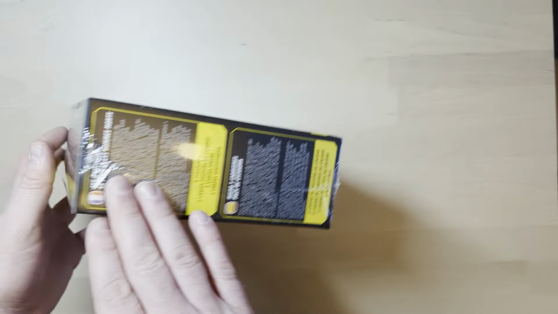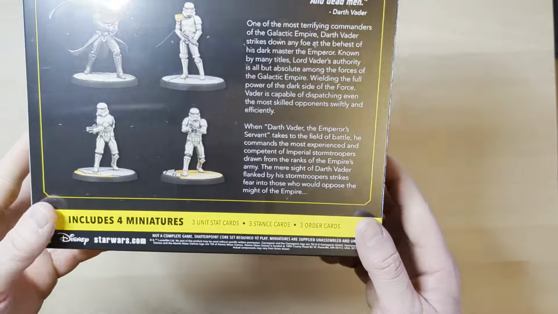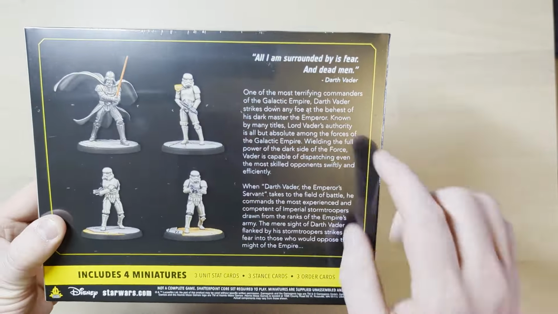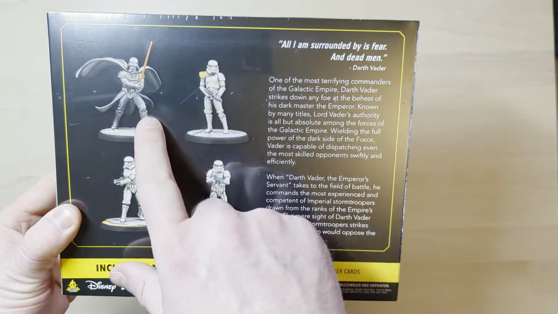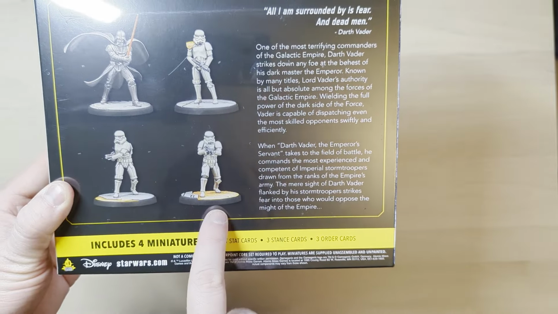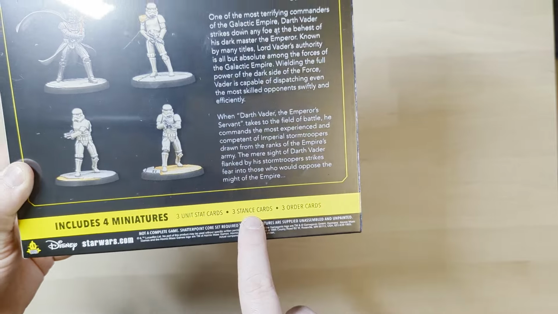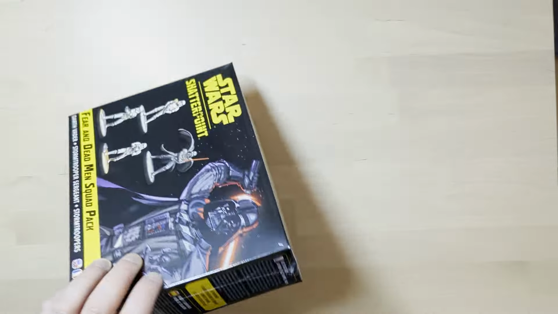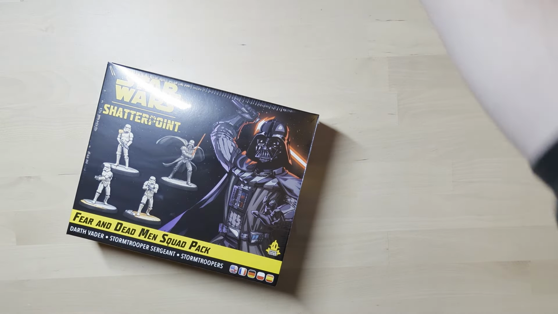But at the side there, we've got our normal little artwork as well. We've got our foreign language pieces on the side. And then on the back, we can see that we have got the normal sort of flavour text that goes alongside it. And we've got Vader, Stormtrooper Sergeant, and then two Stormtroopers as well. So we're going to include 4 minis, 3 stats cards, 3 stance cards, and 3 order cards. So without further ado, let's have a quick look